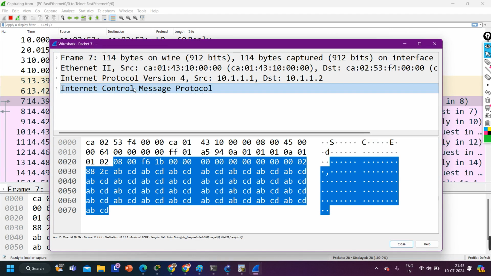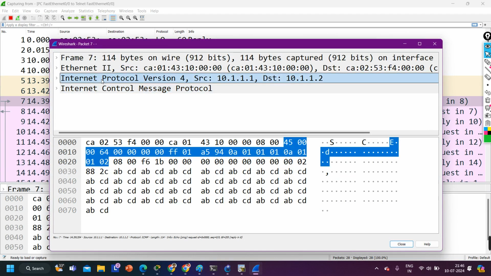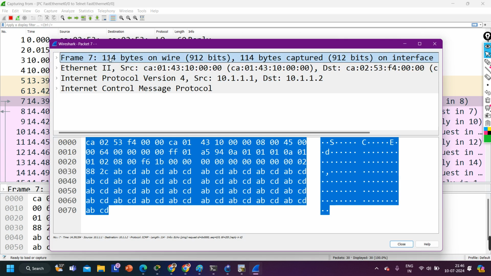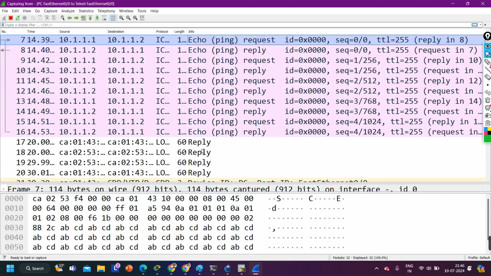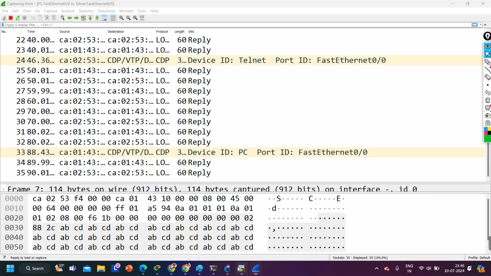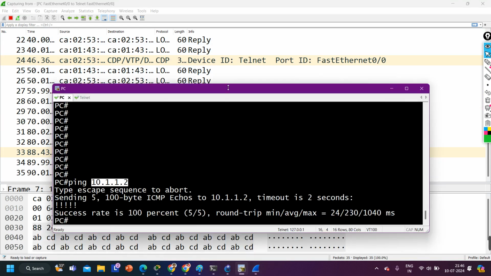If you open any ICMP message, you can see this is my actual ICMP message, then the layer 3 header, meaning the network layer header, then the layer 2 header, the data link layer header, and after that, guys, my frame, meaning my data in bits, physical layer. So here we have information of layer 3, layer 2 and layer 1, because my protocol works at layer 3. But if I telnet